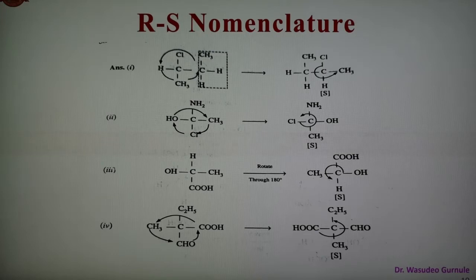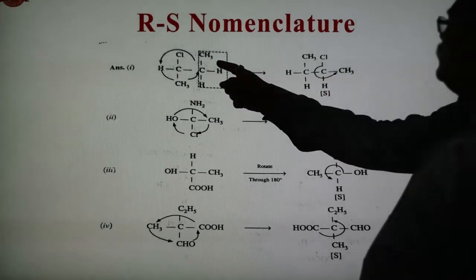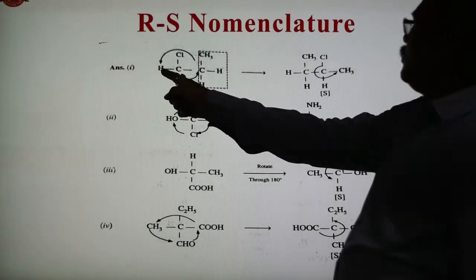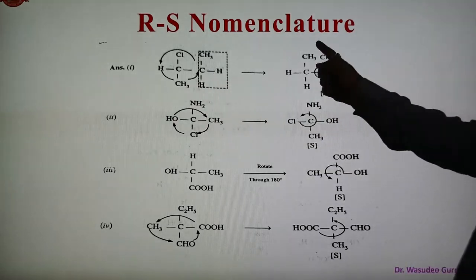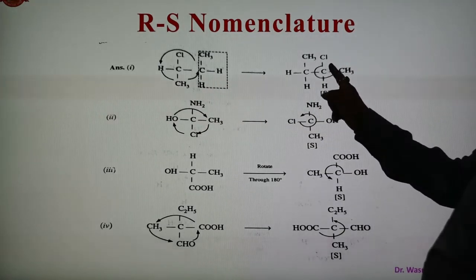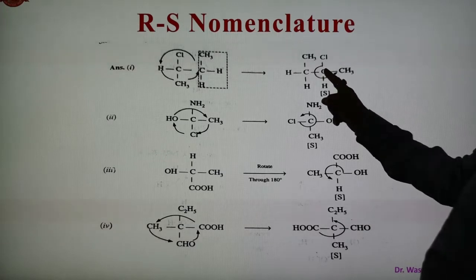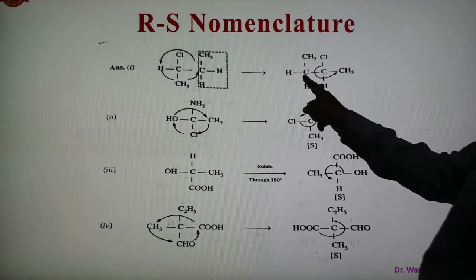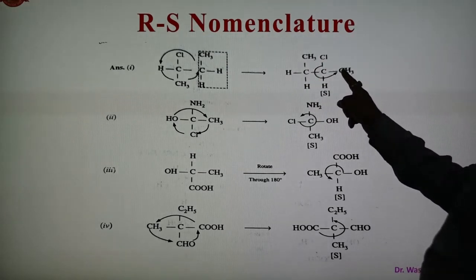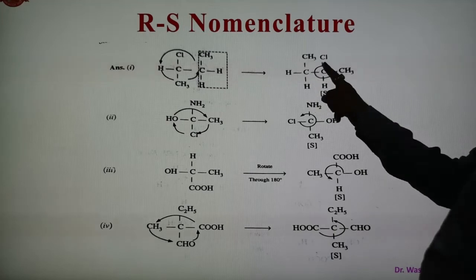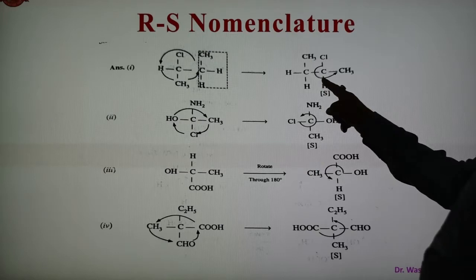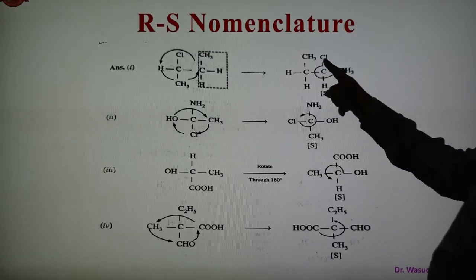So here for the first one, this is the way, and this can be rotated in this way. The hydrogen comes here, and after rotating, see here, this is the asymmetric carbon atom, and here this is the Cl first, and then carbon, but this carbon is attached to 2 hydrogens and 1 carbon. Here this carbon is attached to 3 hydrogens, so this is number 2, this is number 3, and this is number 4. So what is now 1, 2 and then 3? This is the last priority. We only have to see 1, 2, 3.